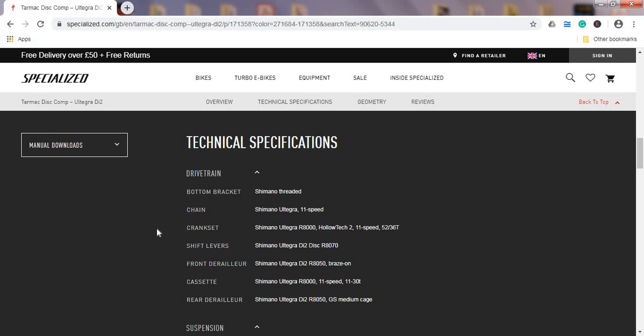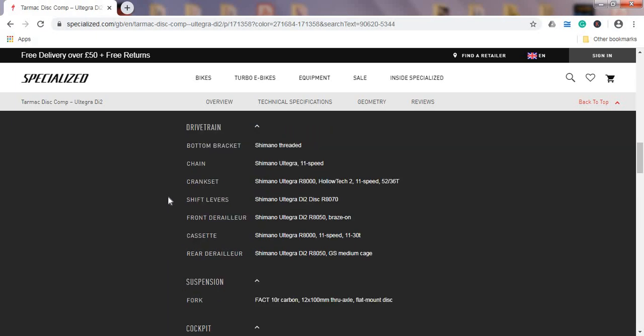When we look at the other components of the bike, as I said, bottom bracket is the Shimano's threaded bottom bracket. Top notch, absolutely no complaints here. I mean, threaded bottom brackets, I truly hope everybody should keep them. When we move on to the shifters, front mech and rear mech, everything is Shimano Ultegra, and this is an electronic group set, so Shimano Ultegra Di2,